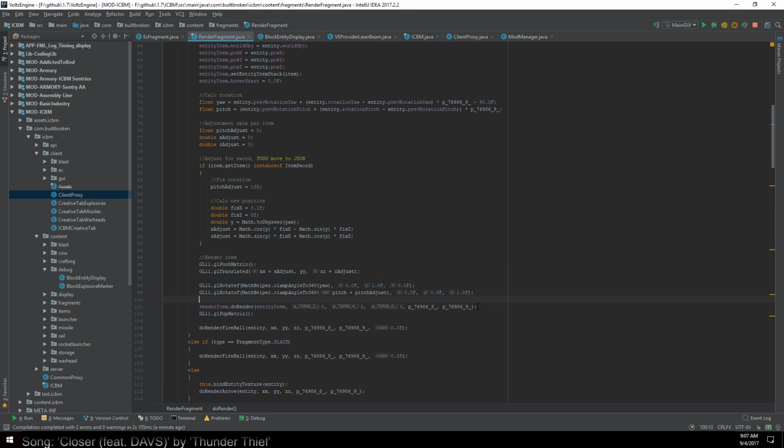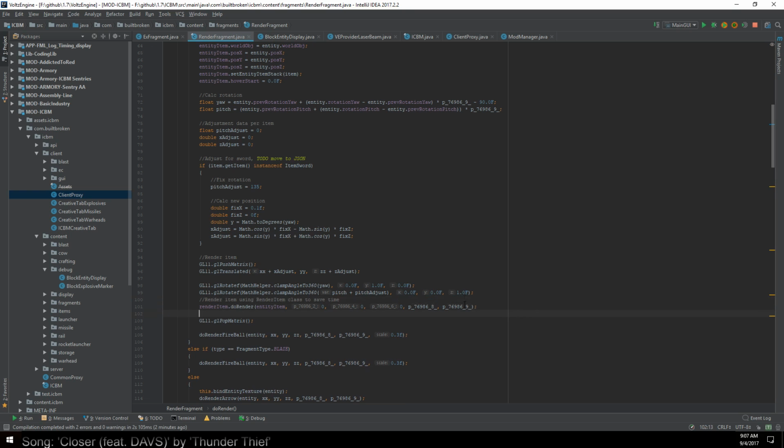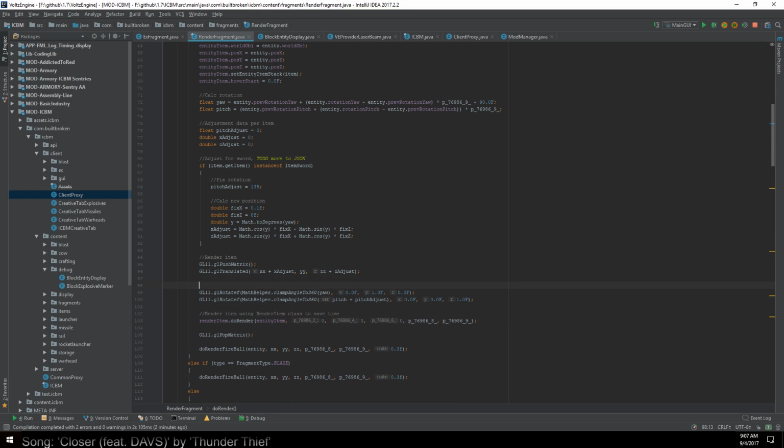We can break this down even further. So this is actually the render item using, and then basically the rest of it is just your end caps and stuff. So that's your end cap, set rotation values,